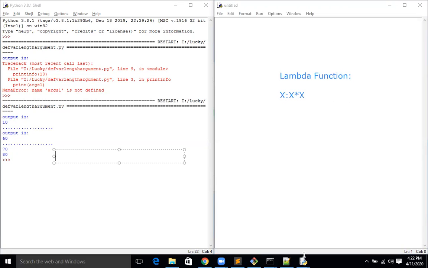Now I'm writing only one lambda function here. Right. I'm giving lambda, which is a keyword, x colon x into x.